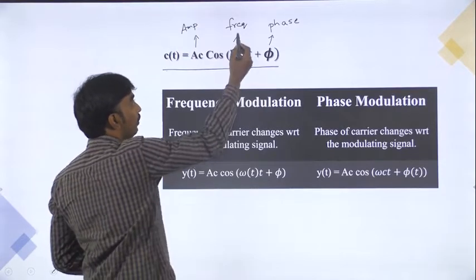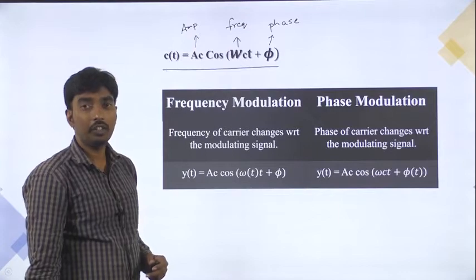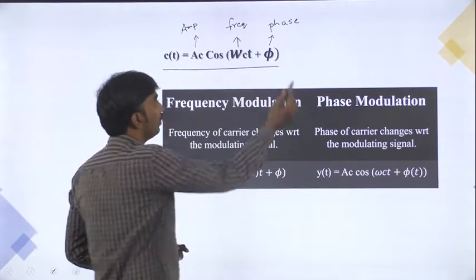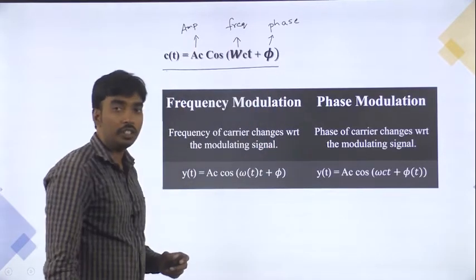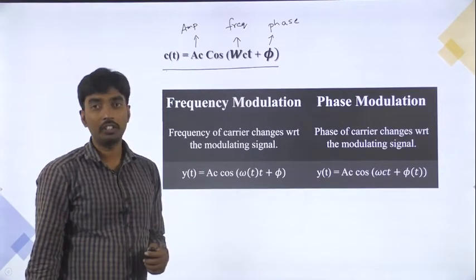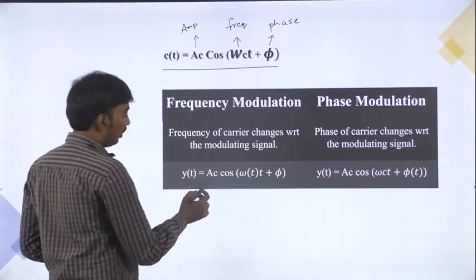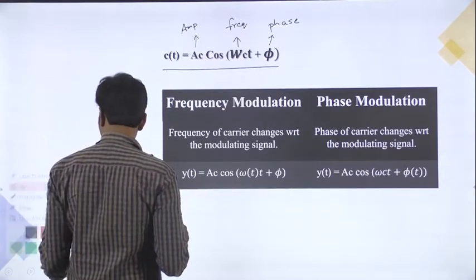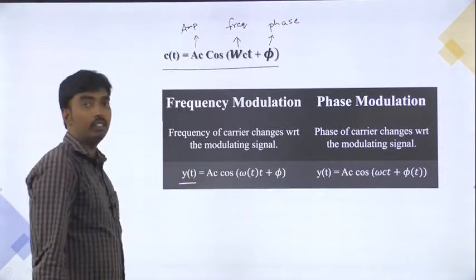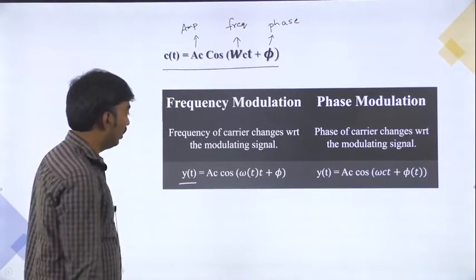If the frequency of the carrier signal varies, I can call it frequency modulation. If the phase of the carrier varies with respect to the message signal, I can call it phase modulation, right? And now here I am representing y(t) as the modulated signal, which is,